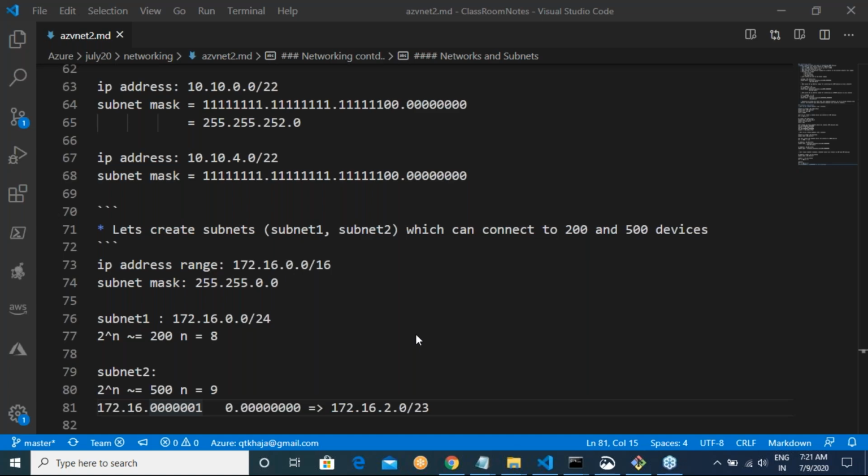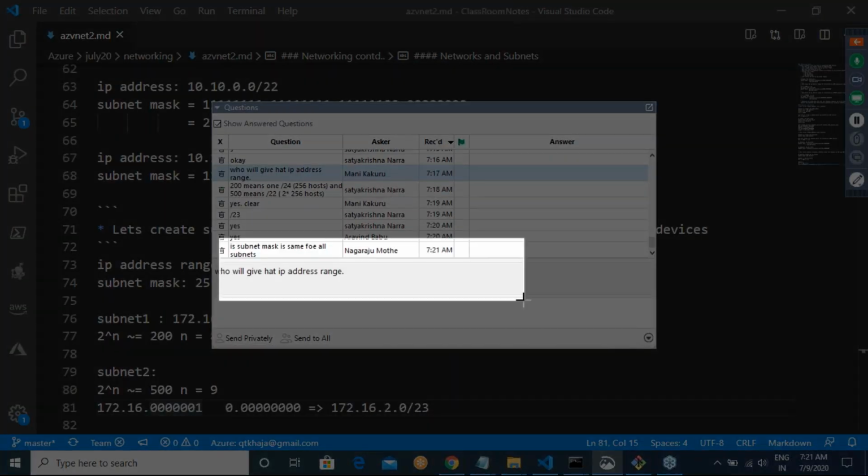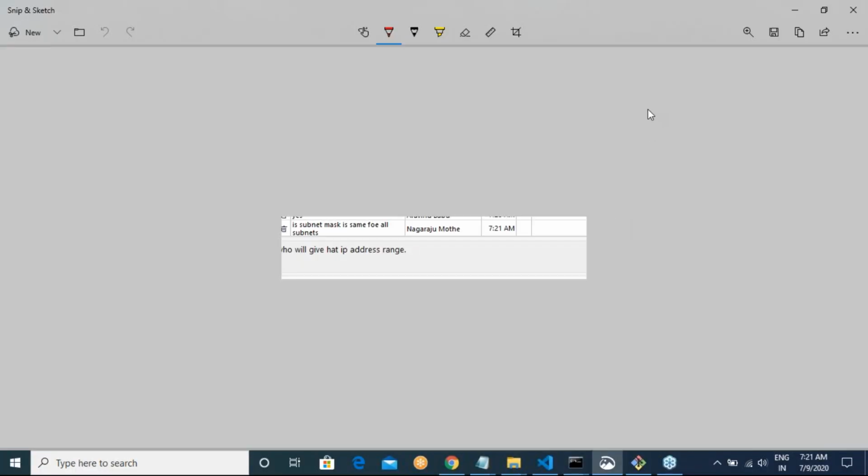Is the subnet mask the same for all the subnets? What will the subnet mask tell? It will tell the size of your network. If you want to create all the subnets with the same number of devices, then your subnet masks will be the same.